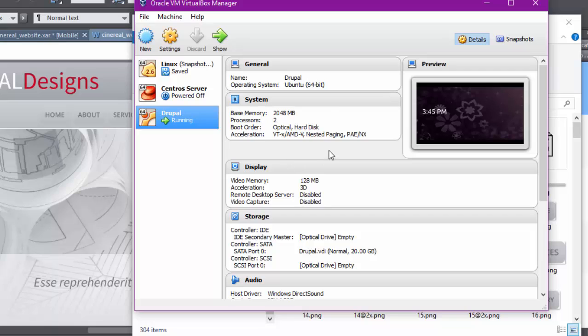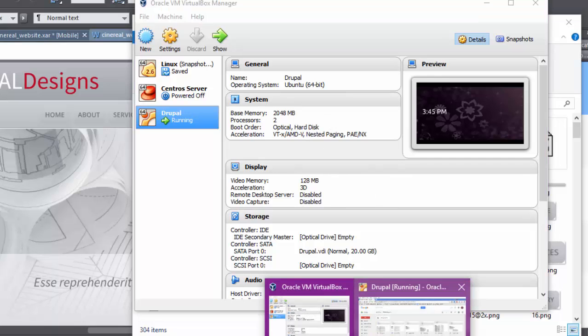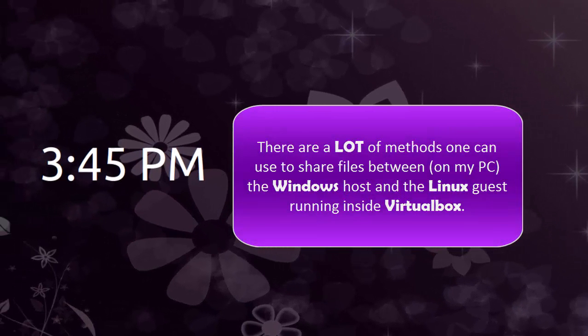I am not going to be spending a great deal of time talking about the methodology on this at this time. I'm just explaining that I need to get these files over here into my